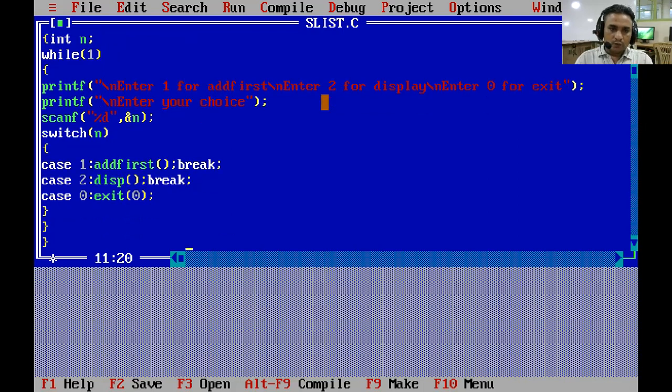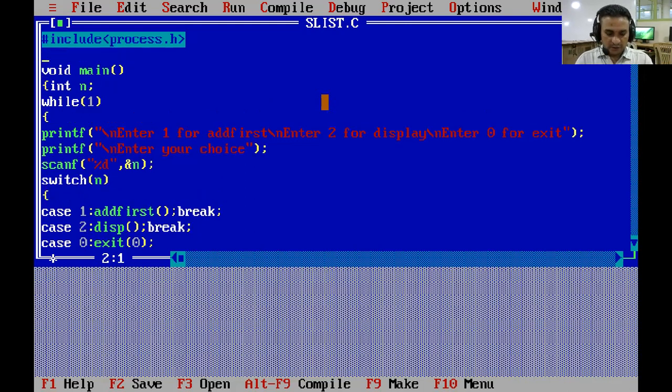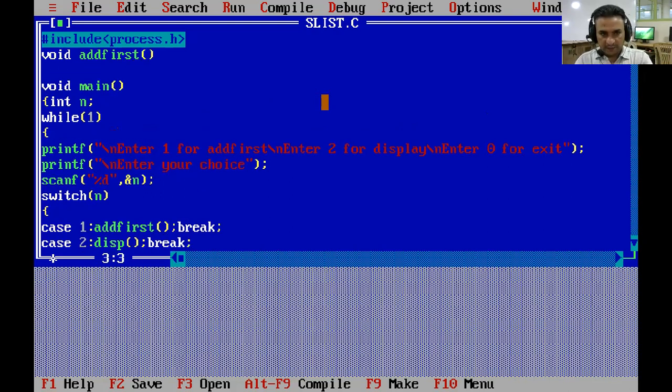Now we have to call the add first function, or we have to provide the definition of the add first function. So we will write the definition of the add first function before the main function, so no need to declare it additionally. So write the add first function and provide the definition.